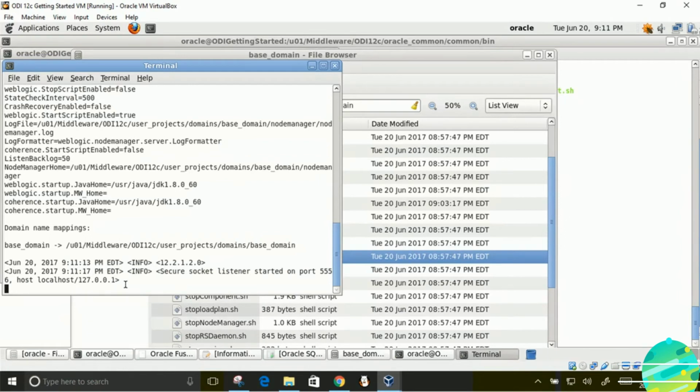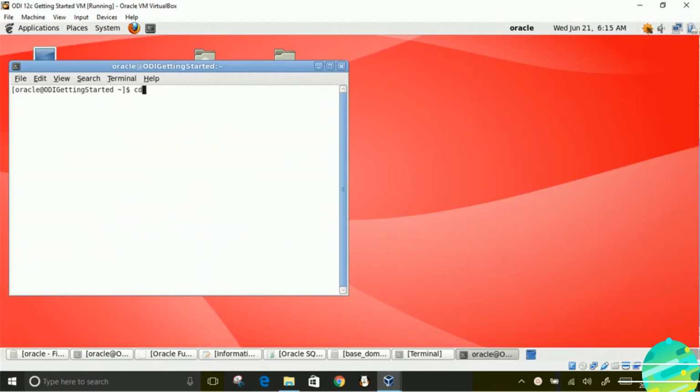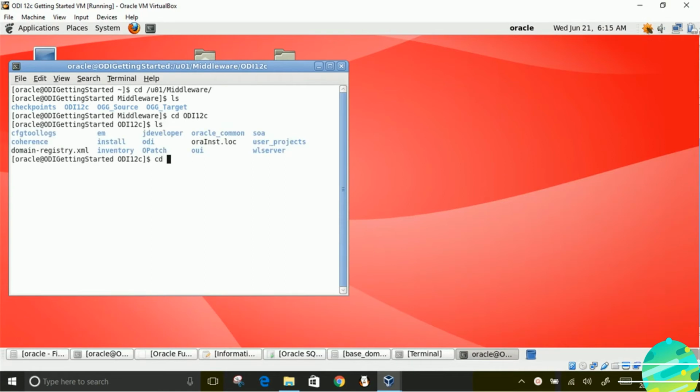Keep this window open, do not close it, and go to the terminal, open new terminal, and over there go to this directory u01 middleware, and under there go to ODI 12C, then go to user projects and domains.